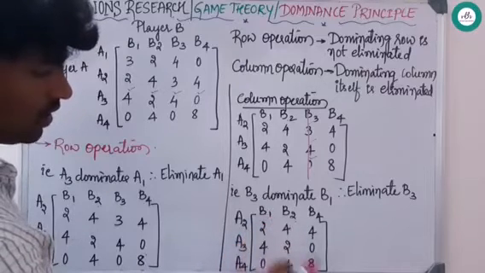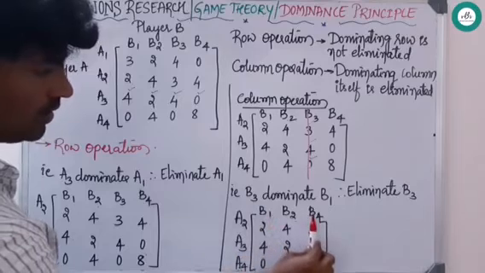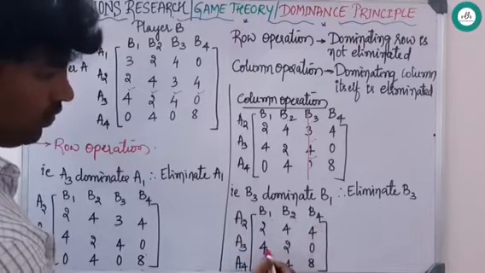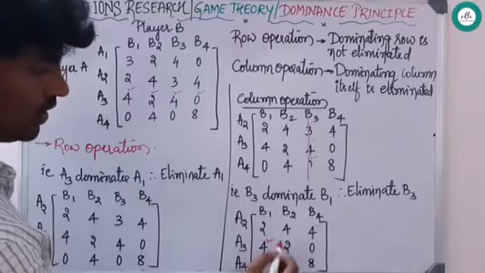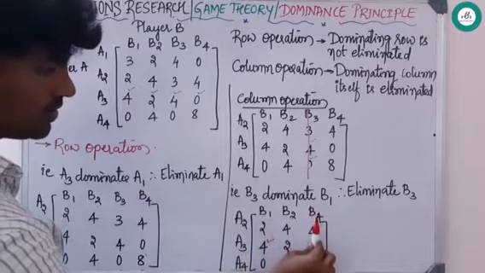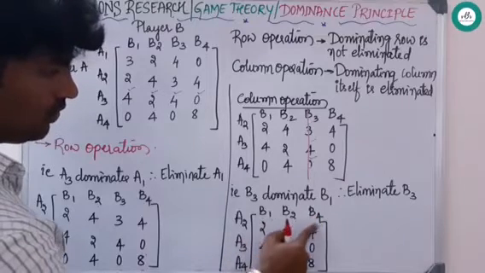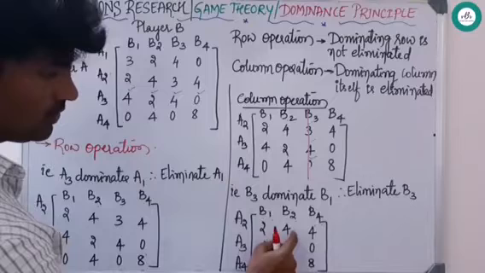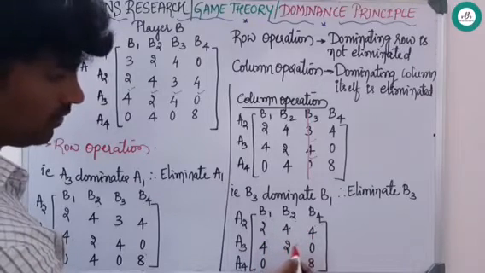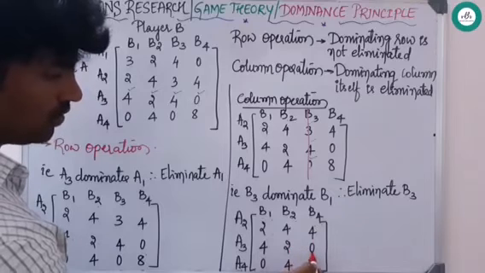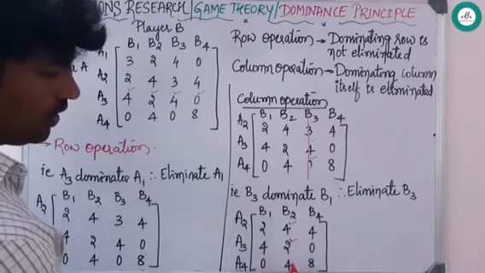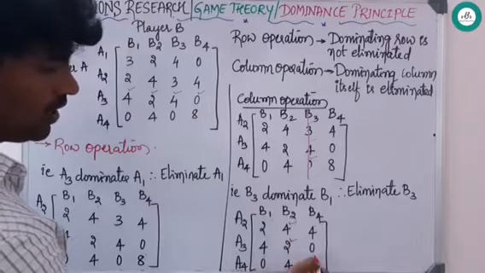Leave this. Compare the first column and the last column. 2 and 4, 4 is greater. 4 and 0, 4 is greater. So from this you can't compare the first column and the last column. Now we shall check the middle one, that is B2 and B4. Comparing this, we have 4 and 4, it is equal, fine. 2 and 0, 2 is greater. Next with this I can take this 4. Next 4 and 8, 8 is greater.